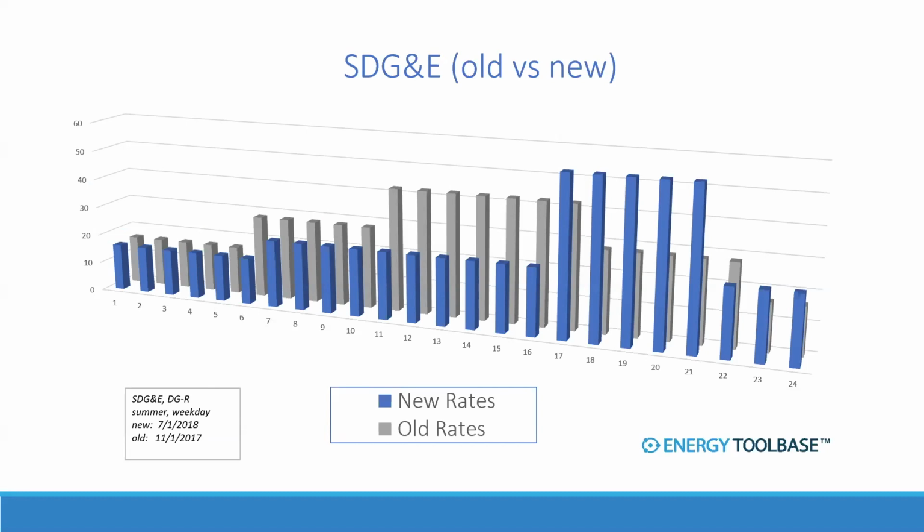We're comparing the July 1, 2018 rate versus last October's rate before they implemented this pretty radical change. And really the significant thing that a lot of folks have been talking about is how the on-peak period has